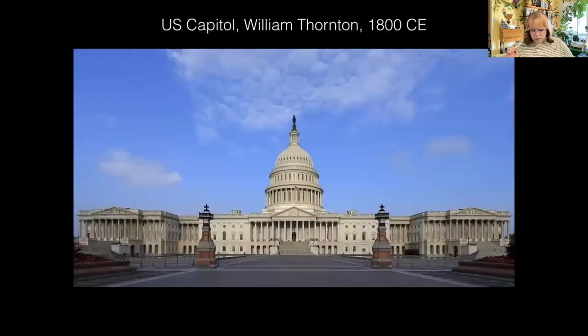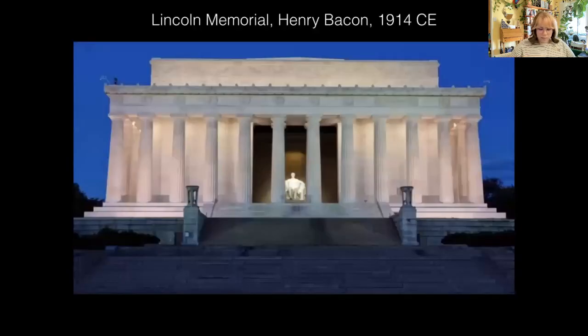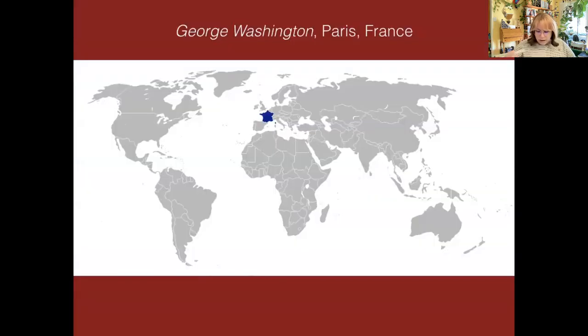Okay, now Thomas Jefferson did not design the US Capitol, but this is a very good example of neoclassicism. What it really ends up being is like one temple, two temple, three temple, all connected with a really awful looking dome. Frankly, it doesn't look like a dome. I mean, the top is dome-ish, but it's too tall. I don't like it. The Lincoln Memorial, neoclassical. George Washington.